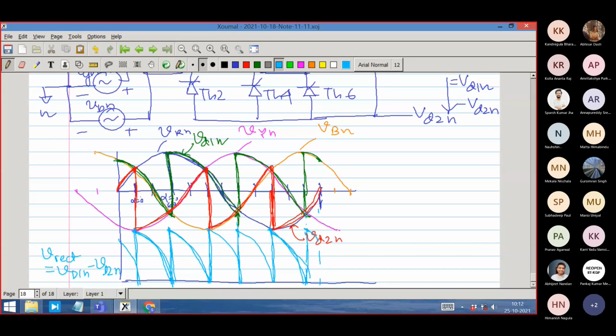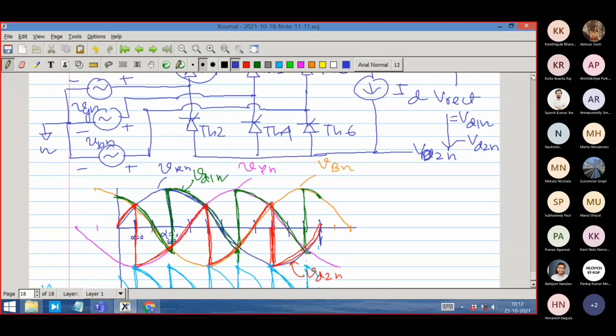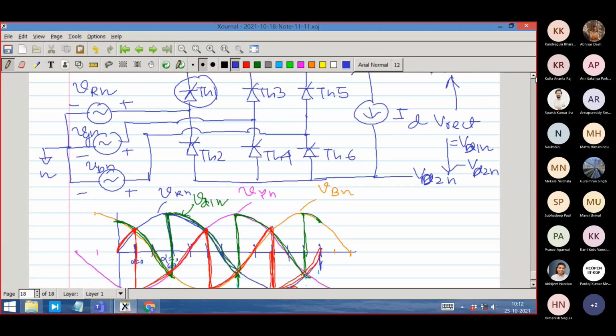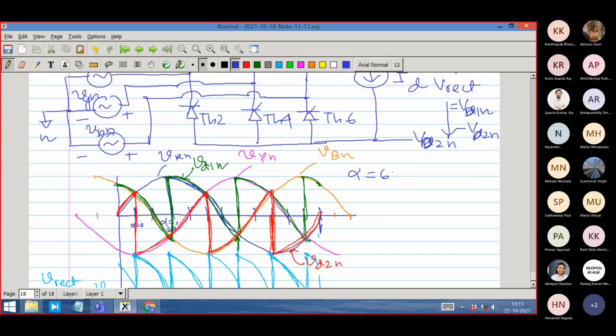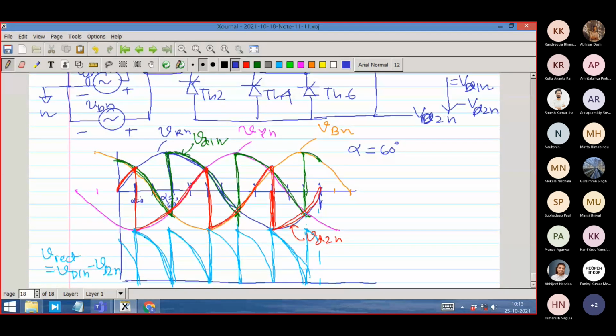Let me put T in capital, D2 and D1n. So this is for alpha is equal to 60 degree, and the actual voltage output, if I take the average value of it, the average value will be somewhere here, somewhere maybe here. Average value is somewhere here probably,